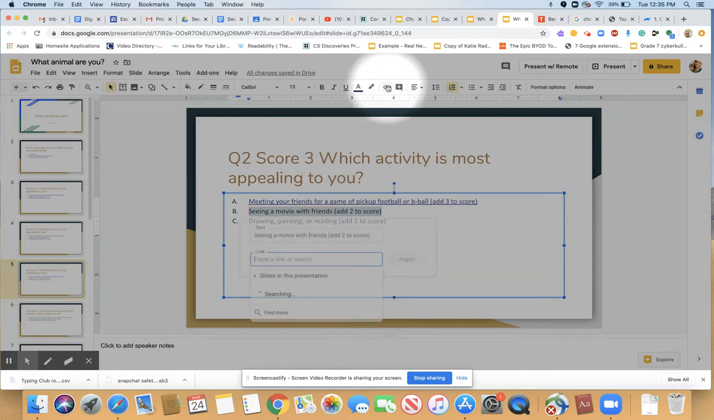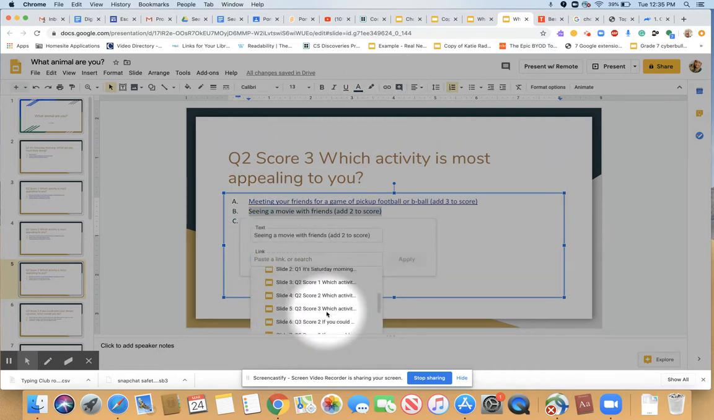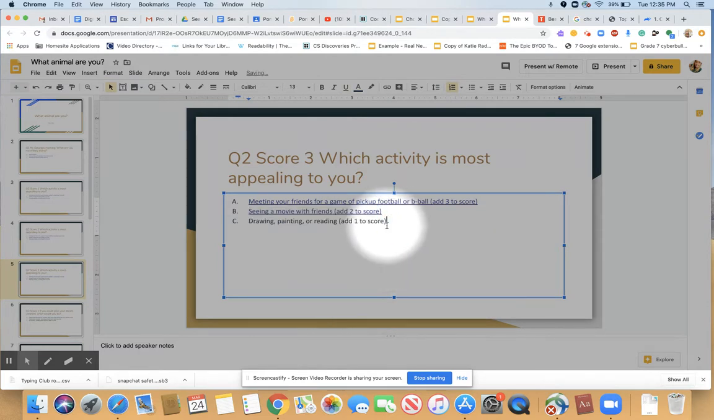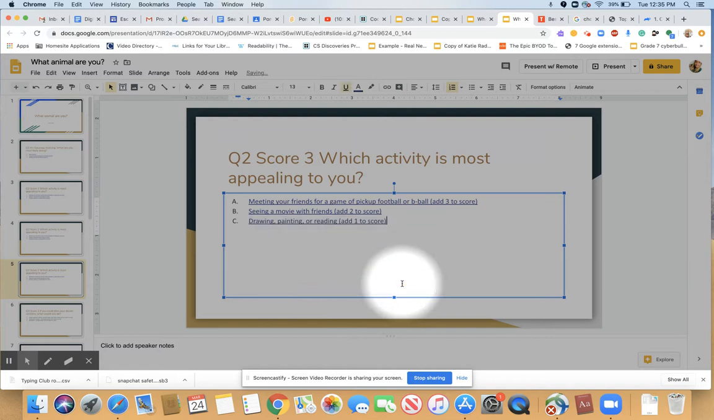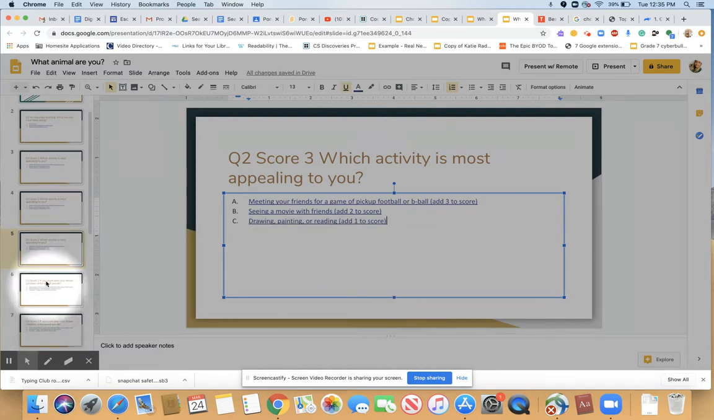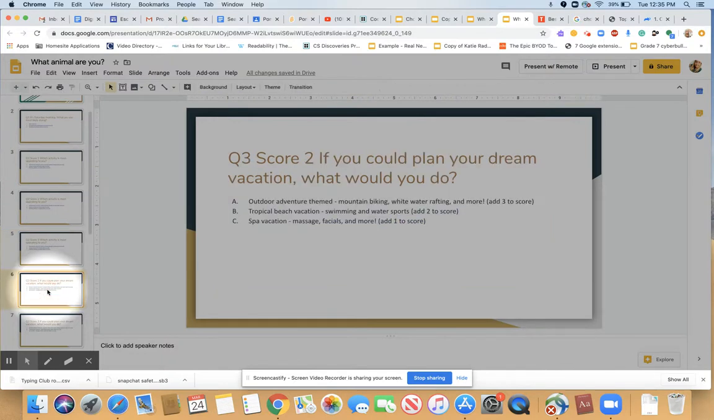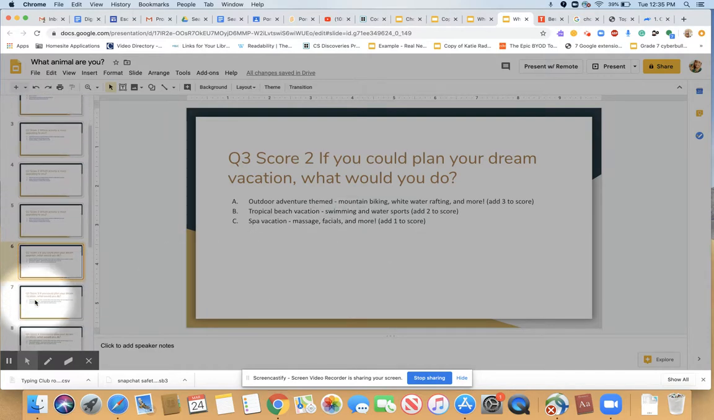3 plus 2 is 5. And then 3 plus 1 is 4. So Q3 score 4. Okay. All right, so now we're done with question 2. Now, question 3, you're going to figure that this is the last question. So the way that we have it set up